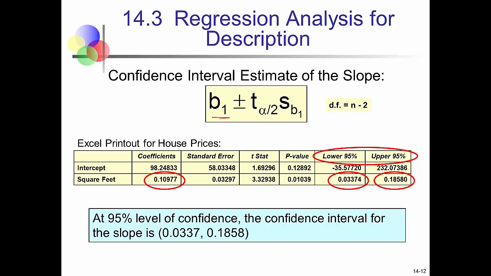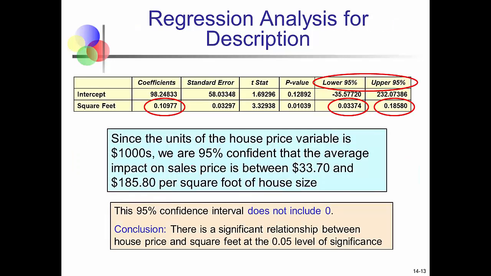Excel also calculates for us automatically the 95% confidence interval. We can ask it to generate a different confidence interval for us if we're interested. Minitab will do the same thing. What that tells us is that we're 95% confident that the average impact on the sales price is between $33.74 and $185.80. One of the things you can do with this is also test that same hypothesis. Note that 0 is not inside the confidence interval. Since 0 is not inside the confidence interval, we can reject the null and accept the alternative that square feet